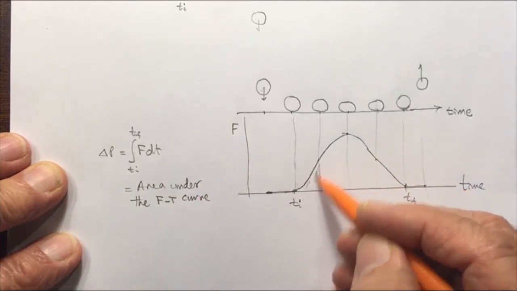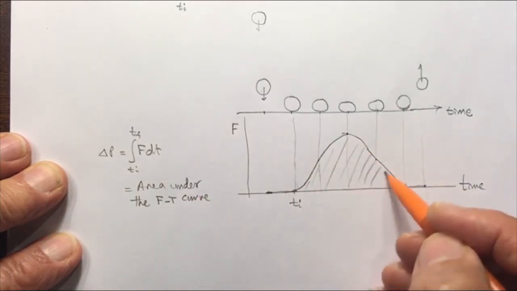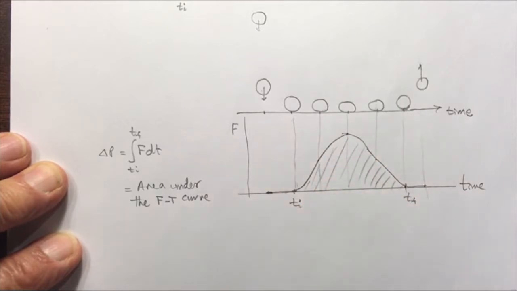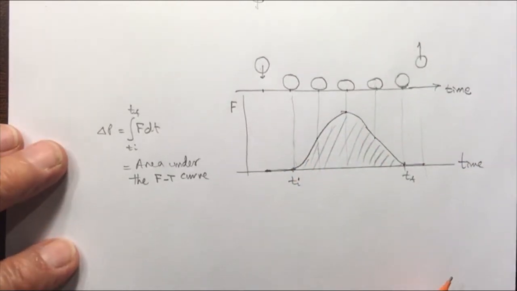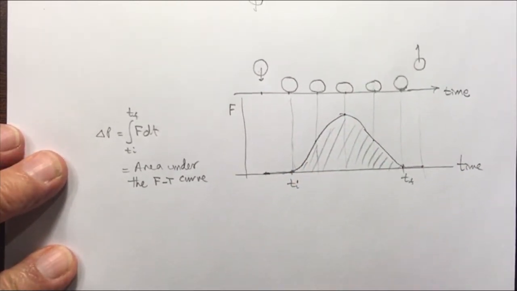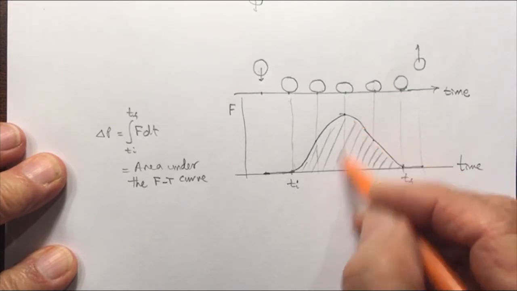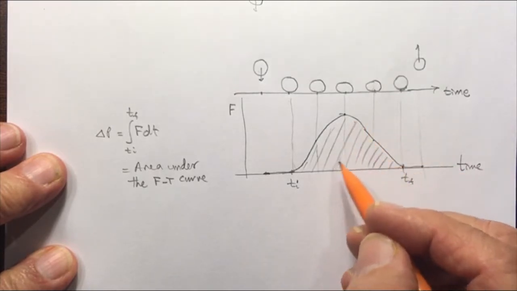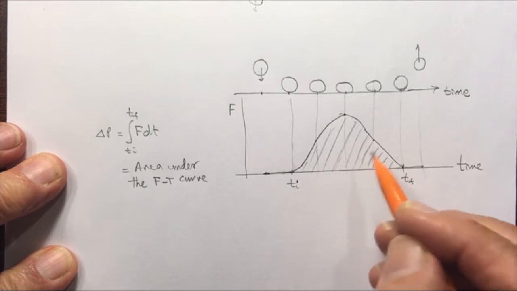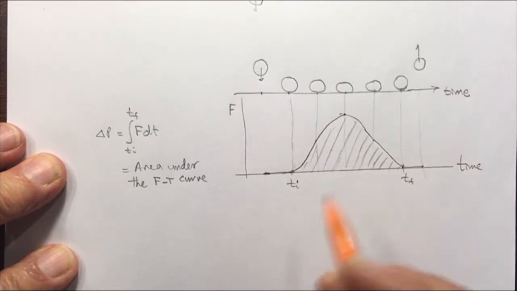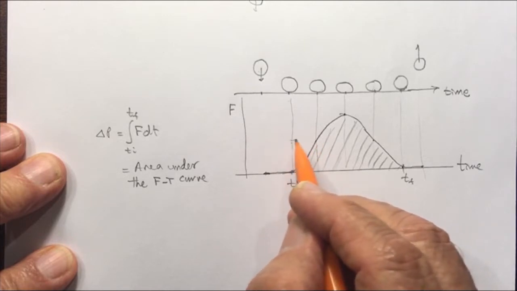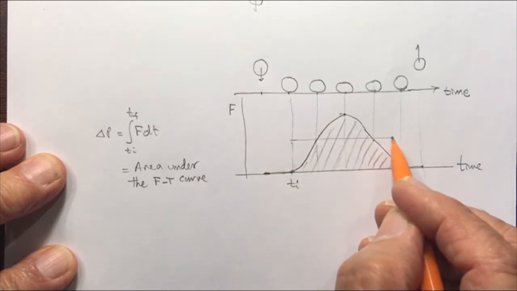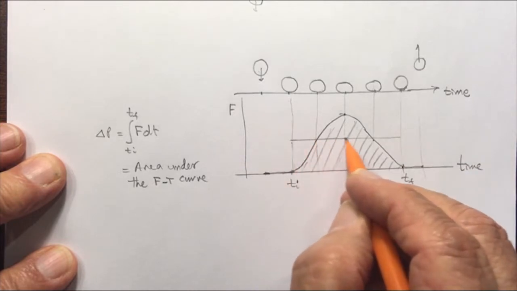So it's going to be this whole area. That's going to be the integral. We would be able to solve this if we know the shape of this function, but that is extremely hard to determine. It can be determined, but it's a very rapid process, and we have to have good instruments. However, we could assume that the force stayed, we take that not constant, but we take an average force,